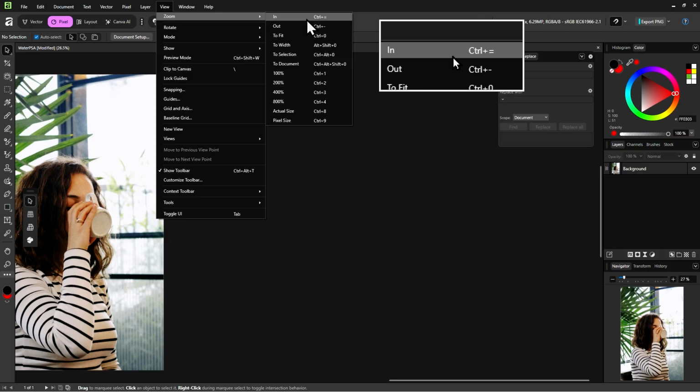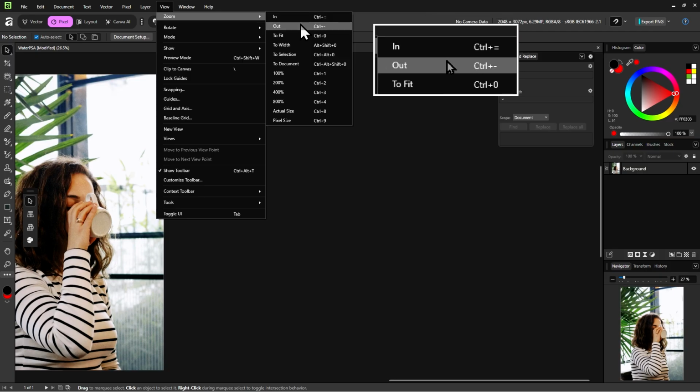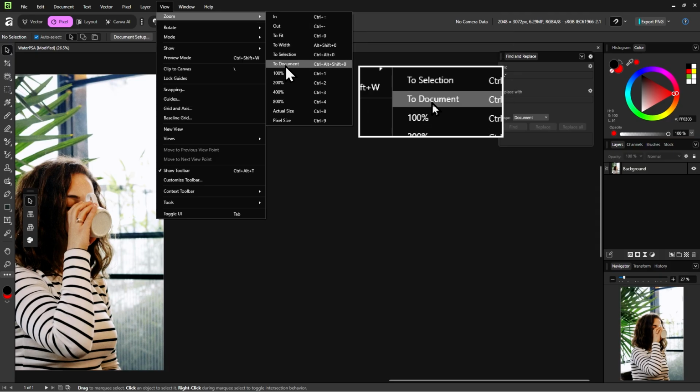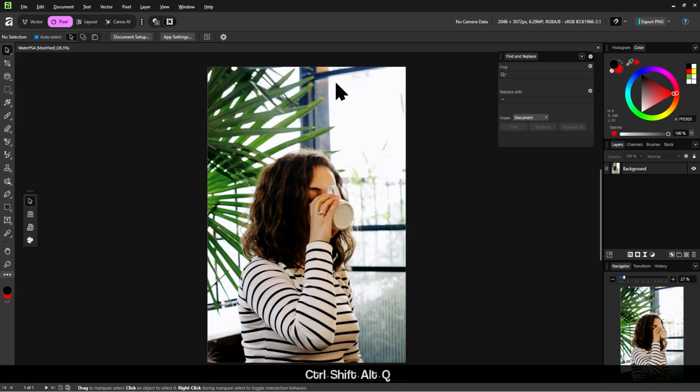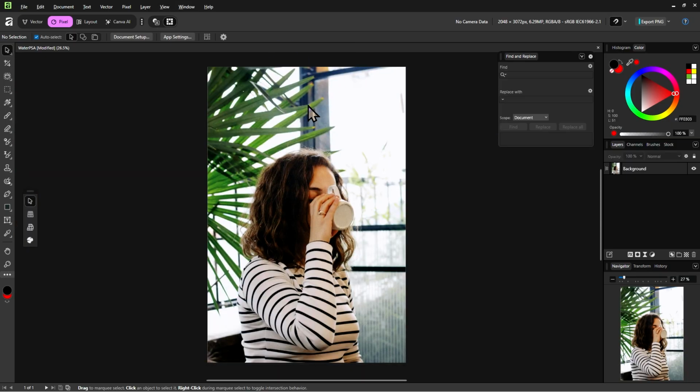We have a few options here: in, out, to fit, etc. You just have to click zoom to document and it will zoom out so that the center of this space is at the center of your canvas. And we are back to normal.